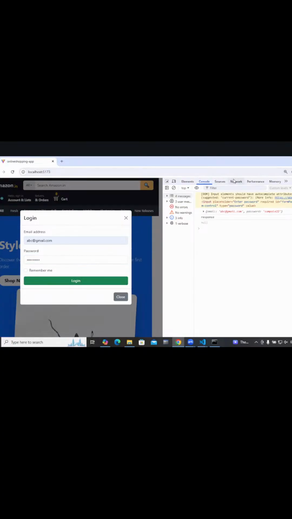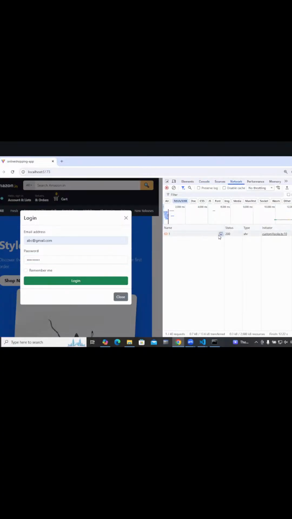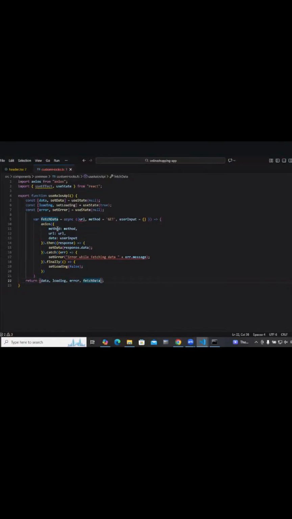Response is coming as null. Let's go to the network. Is the API getting called? We are getting the response. Set data response.